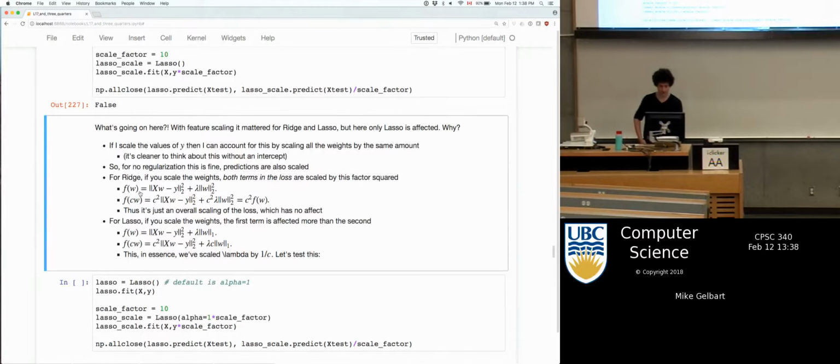So that's what this says. For no regularization, it is fine. Then for ridge, I'm being a little more precise about it. I'm saying, what if I replace w with c times w? Because that's what I'm claiming will get the job done. If I multiply y by c, let me also multiply the weights by c. So my loss of c times w